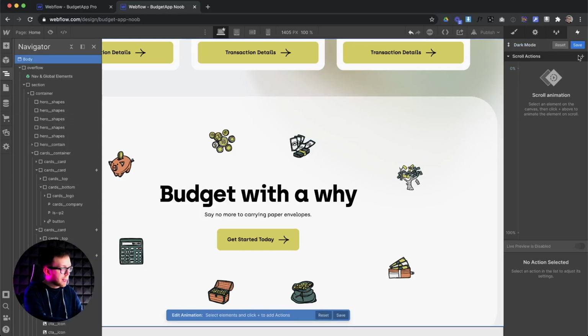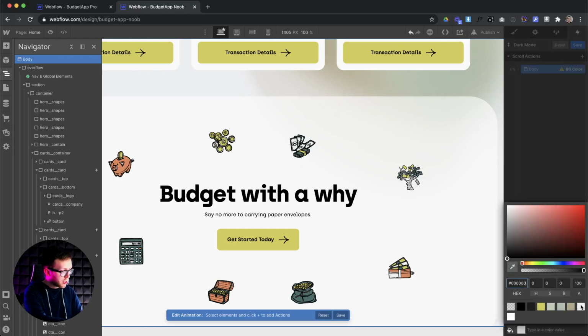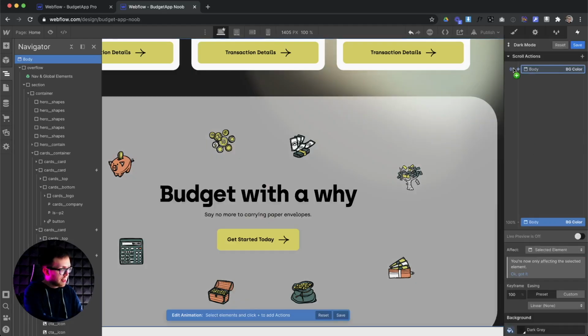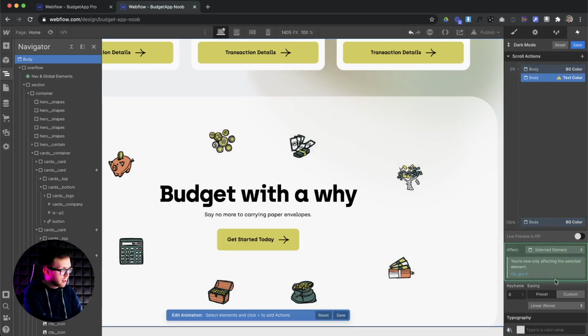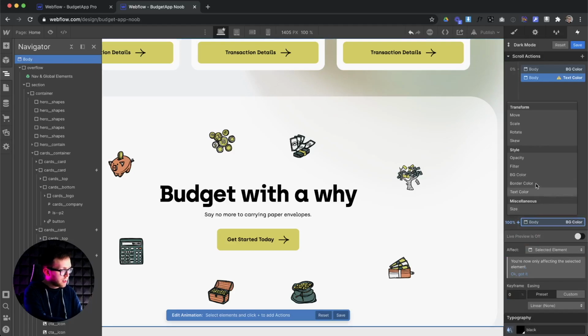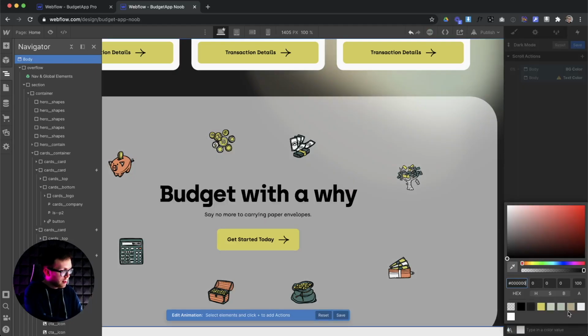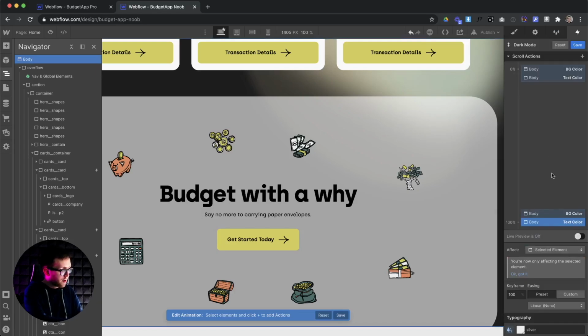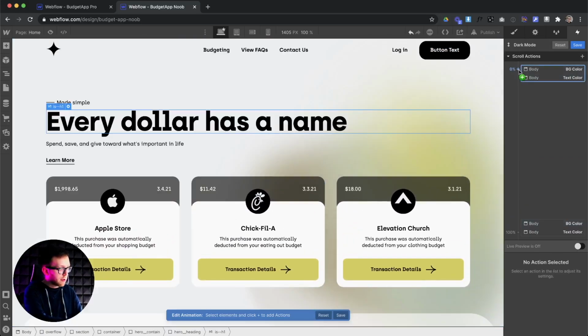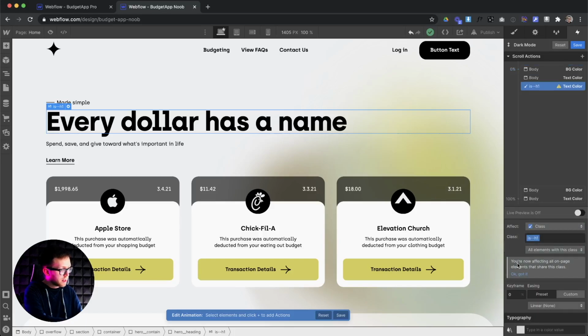So we'd grab the body and we'd basically change its background color from this grayish color here to the dark gray color right there. And then we would also change the text color of it from this black, which again, there's no way to get around this part. This is kind of the part that has to be done, to the gray. So we're basically just inverting it right there. And then, having to go to each one of these one by one, so each heading going from dark on this one, so text color of black, to a text color